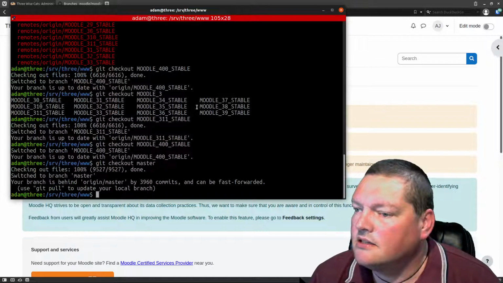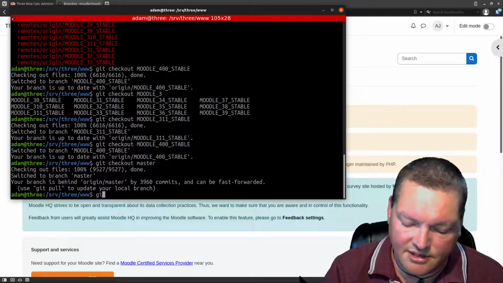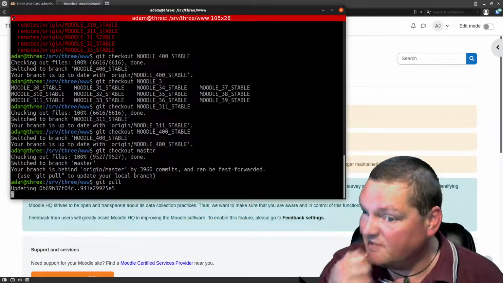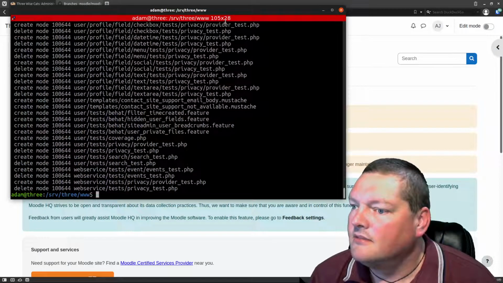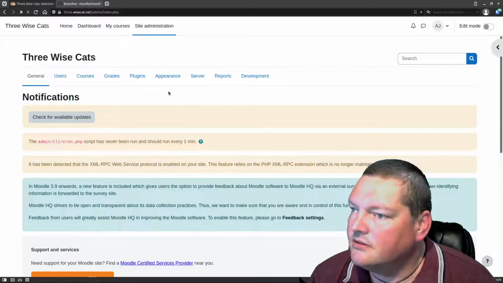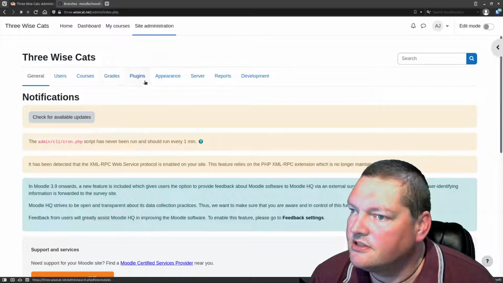And as you can see, this is now switching, and it's actually suggesting that I git pull. Okay, why not? I'll do another git pull. Boom. Now I'm updating master. Boom, boom, boom, boom. And if I go in here now and go back to this, reload this notifications page,